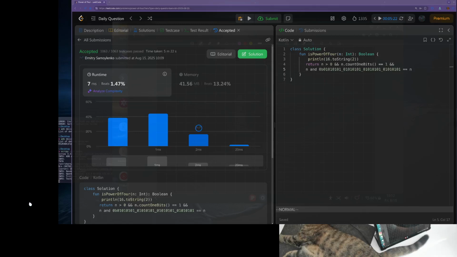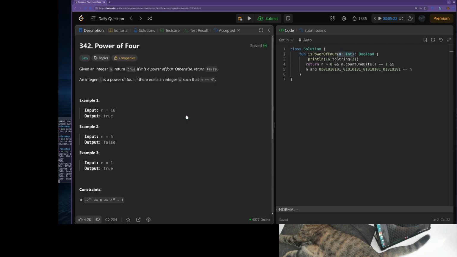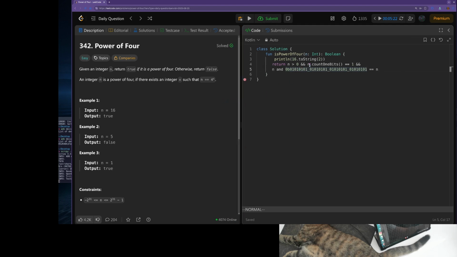So today's task was about detecting if a number is a power of 4, like power of 2, but a little bit tricky. So I chose this one-liner. It counts 1 bits. We have to have exactly 1 bit set in the 32-bit representation, and